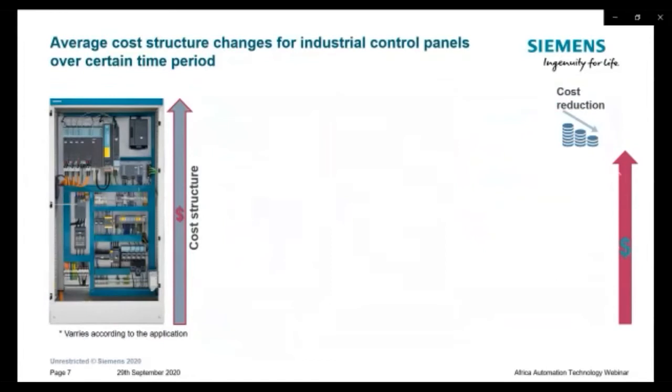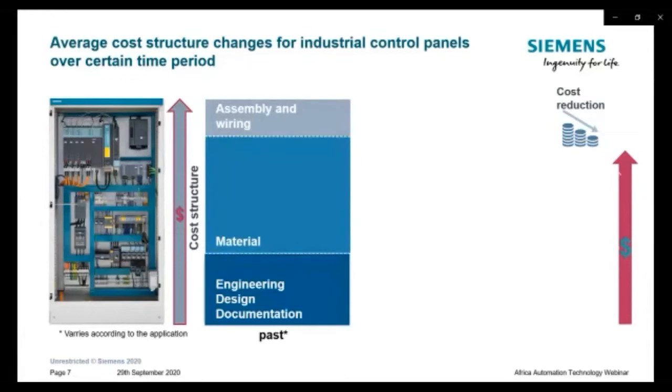The average cost structure for industrial control panels over a certain time period has changed according to the application. So the cost structure in the past was mainly three major cost blocks. The one on the bottom is related to engineering design and documentation. The biggest cost block is related to material, but assembly and wiring also have a significant part in the overall cost